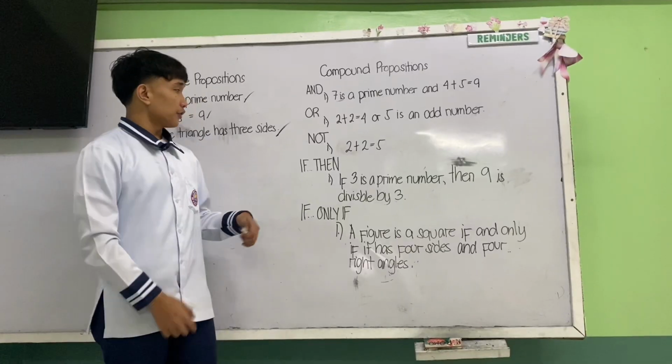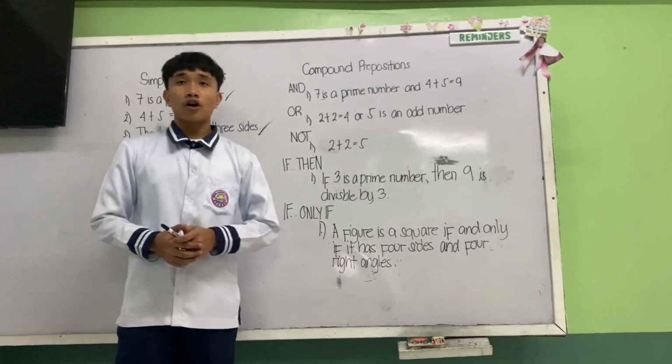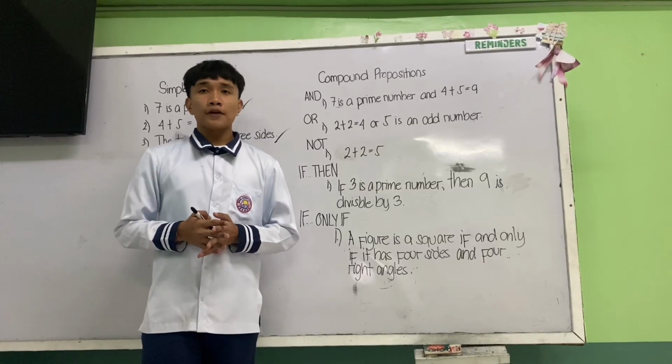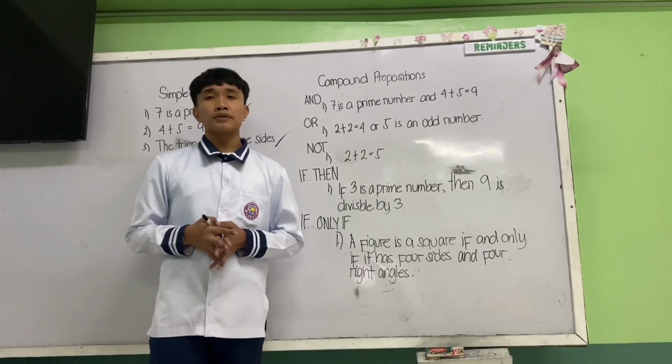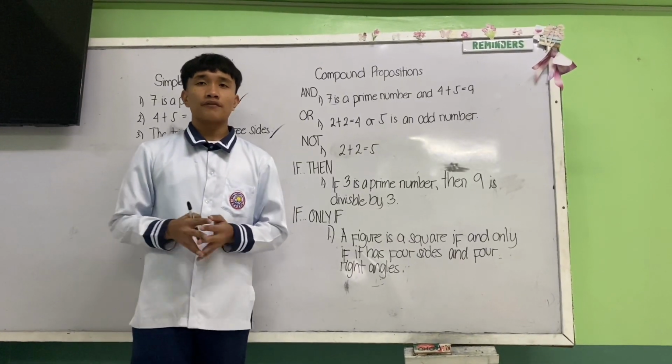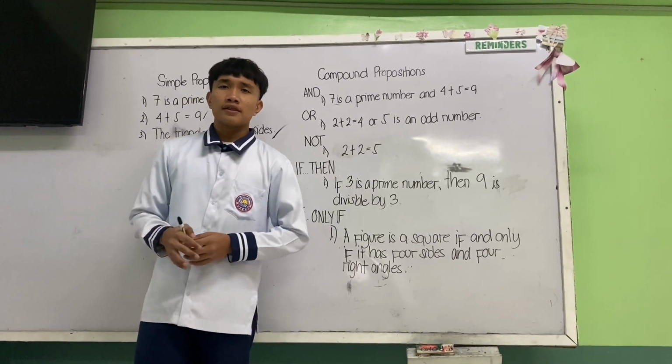So let's go to the third one, not, also known as negation. Negation flips the truth value of a single proposition. It essentially states that the opposite of a given proposition is true. The symbol is,